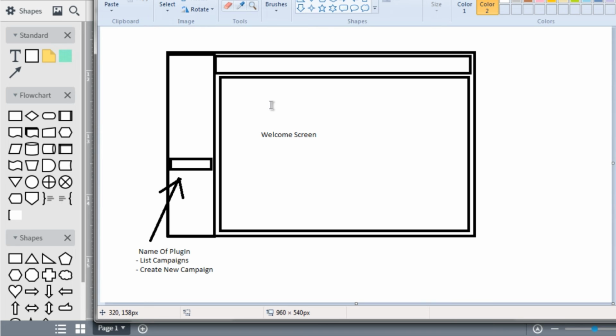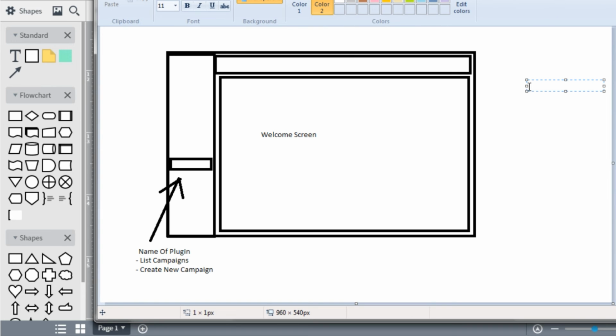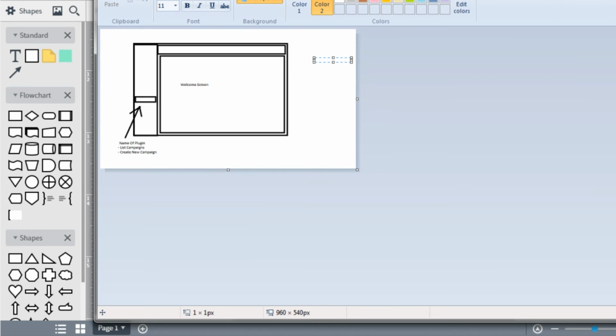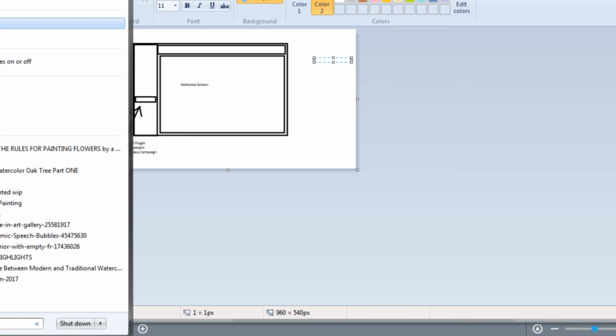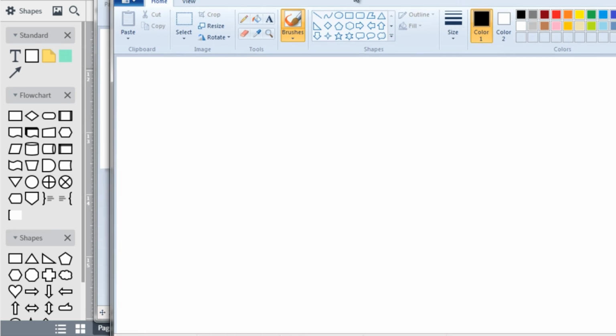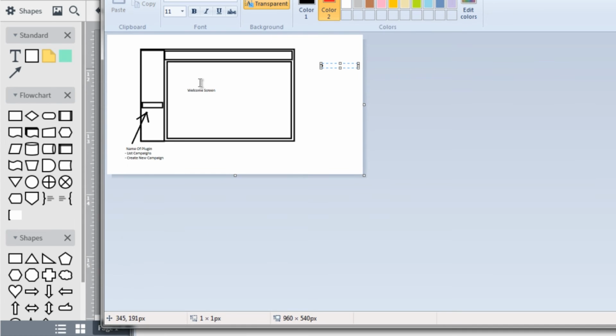But let's say that they have the option to choose the list campaigns, create new campaign over here. So that's going to be a totally different screen. Next, I'm going to open up a new window. So that's going to be screen 1, the welcome